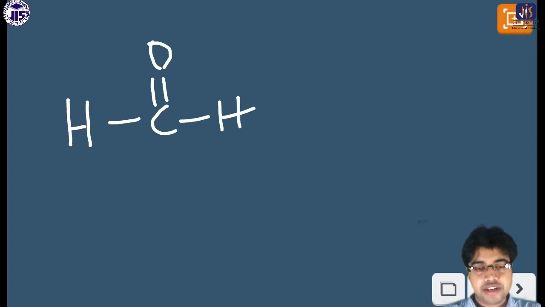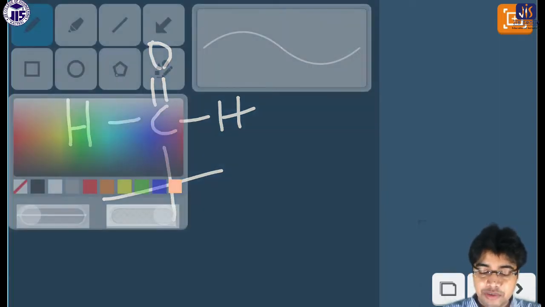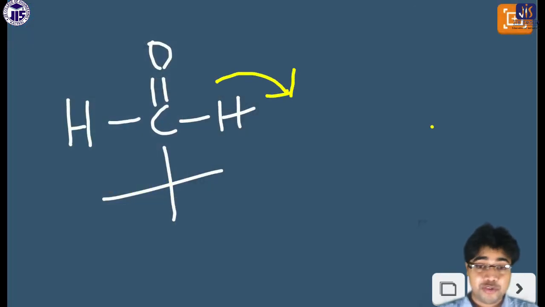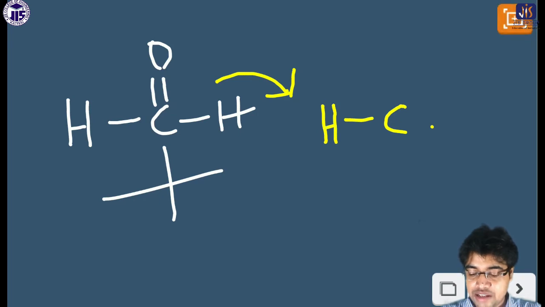Suppose it is attached with any group. How can we compare, because with a double bond it is not possible to compare directly? So you can consider the double bond in this way. Just break the double bond. Break means, for your imagination and comparison purposes, you can write down the compound in this way. For each and every double bond, the element is attached.